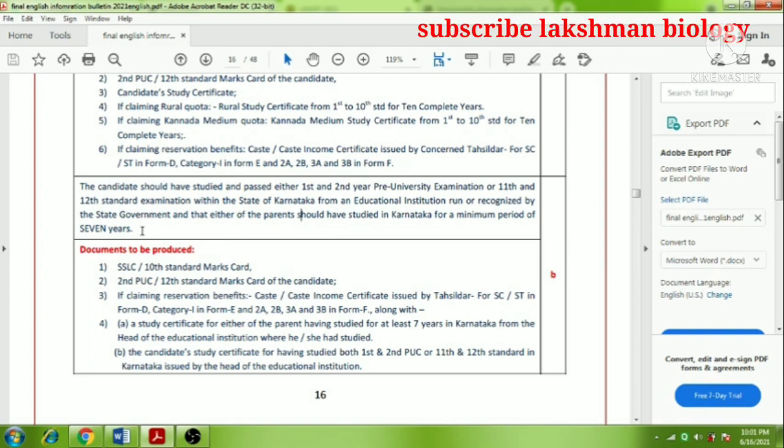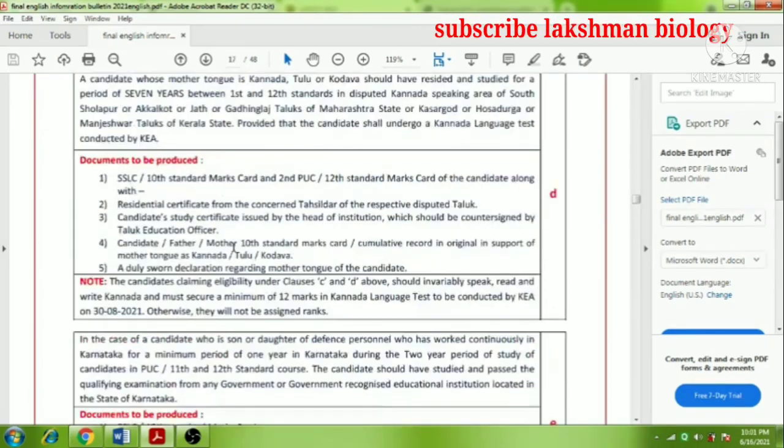Then any one parent, mother or father, must have studied at least 7 years in Karnataka. Those students can keep B, but they should submit their parents' study certificates during counseling. Like that, C, D, different classes are there.